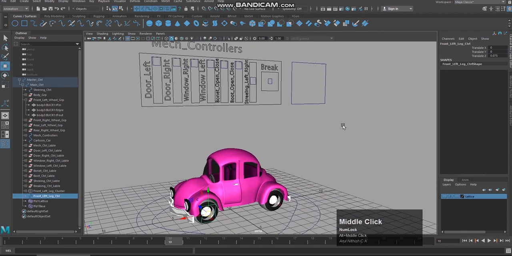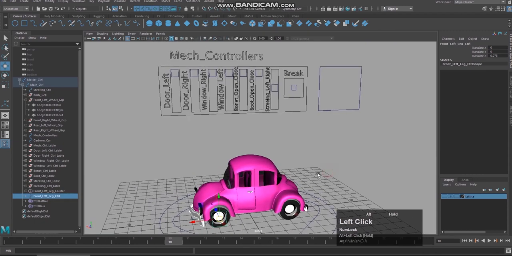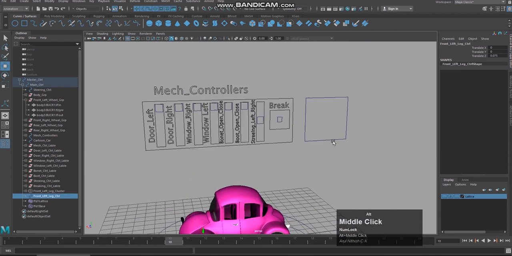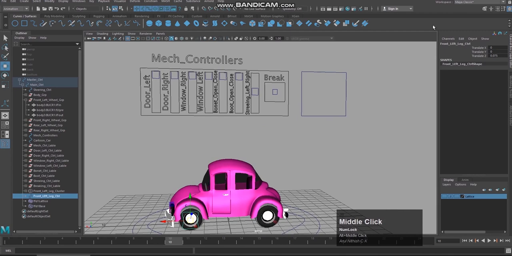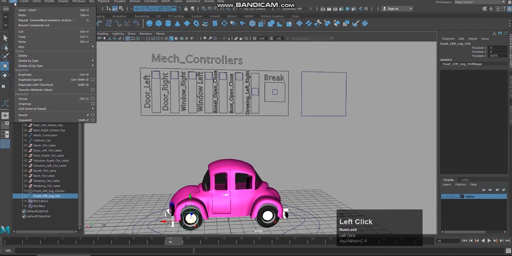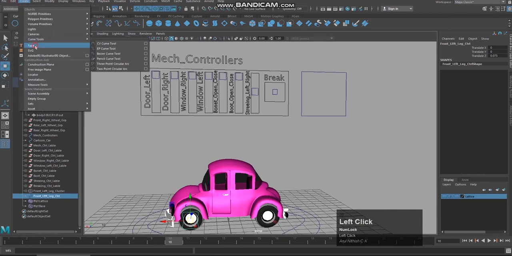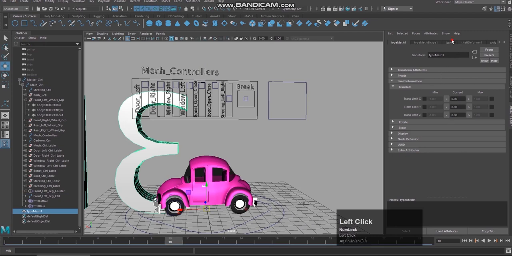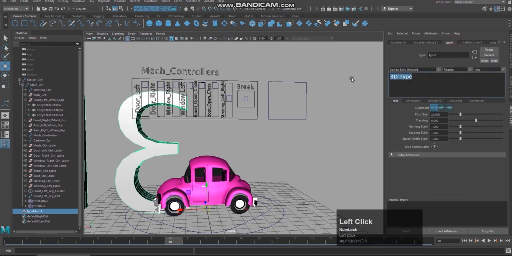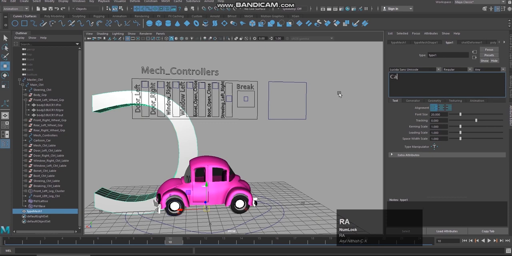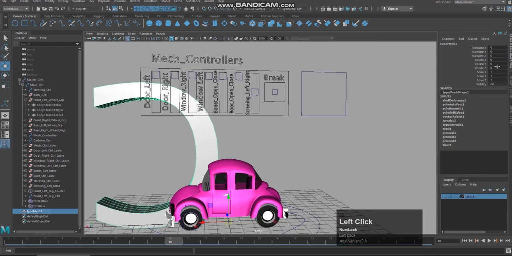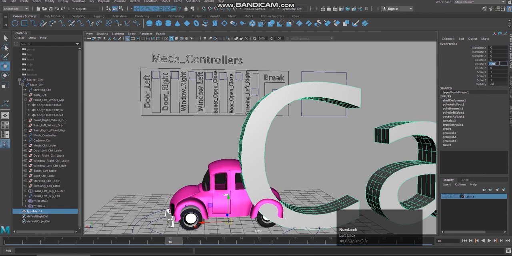The other deformers are like stretch and squash. So I'm going to go to create and type. I'm going to create cartoon controls. I'm going to rotate it by minus 180.